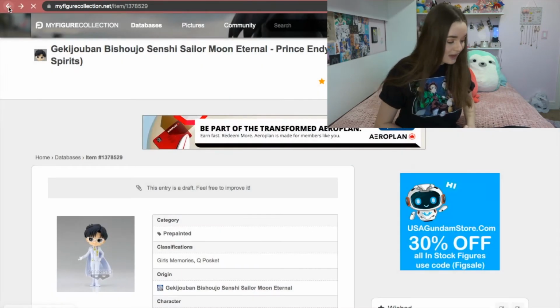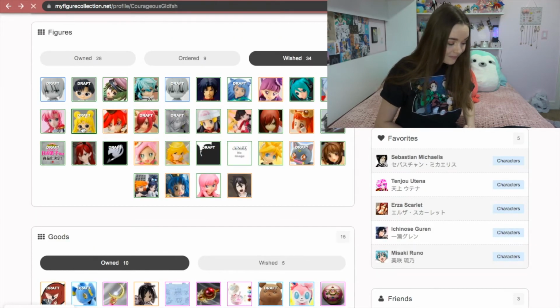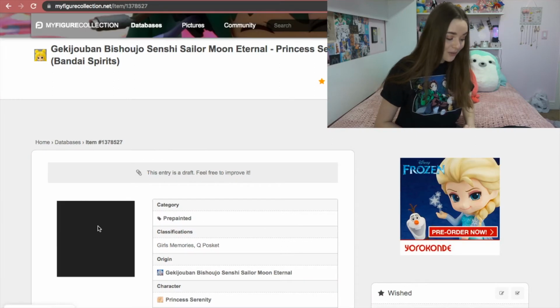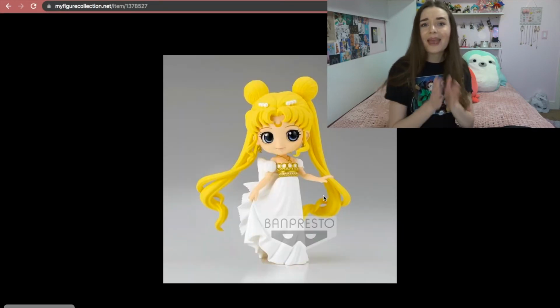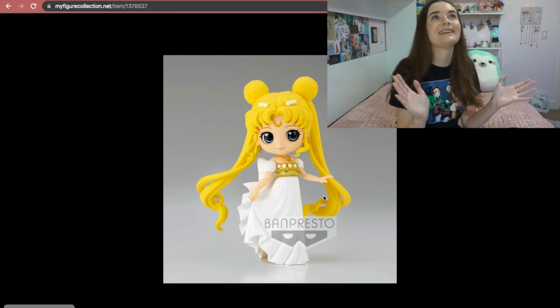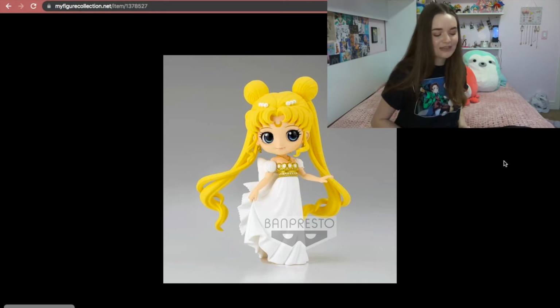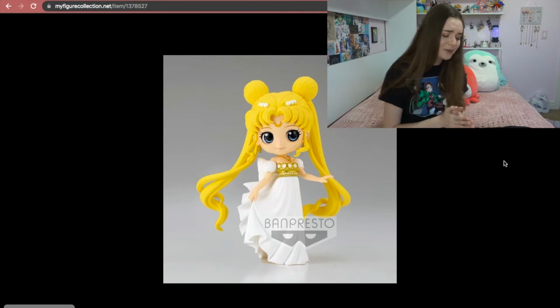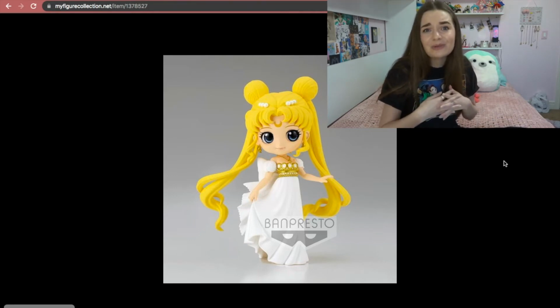And that is because the Princess Serenity also has an outstretched hand, as you can see over here. And so when you put them together, it looks like they hold hands. And I'm really tempted to pre-order these, even though I don't collect Q Poskets. I kind of hate them, but these ones, I think they're really cute. And the fact that they're holding hands too, I'm